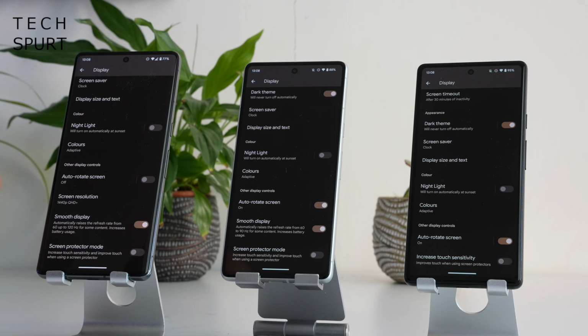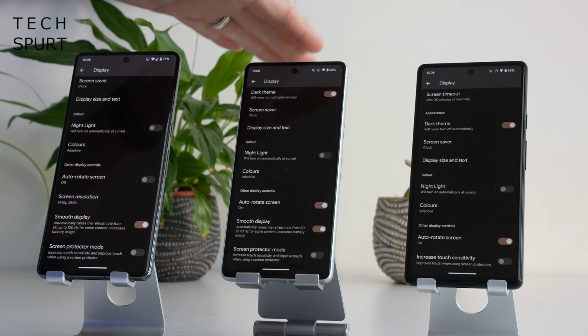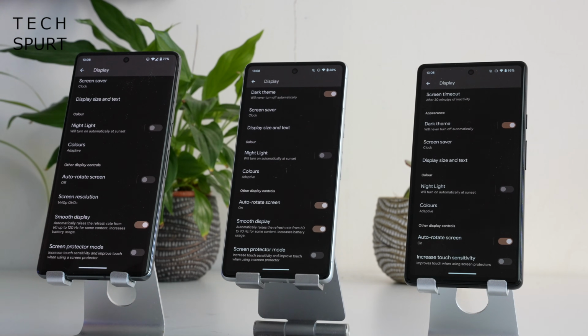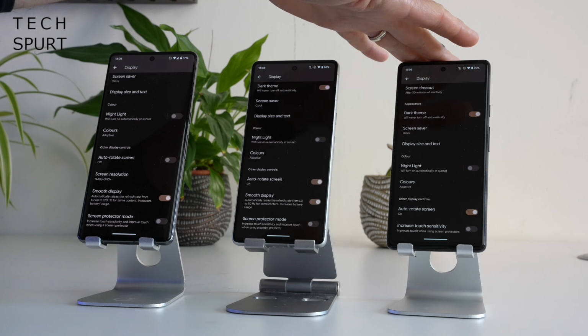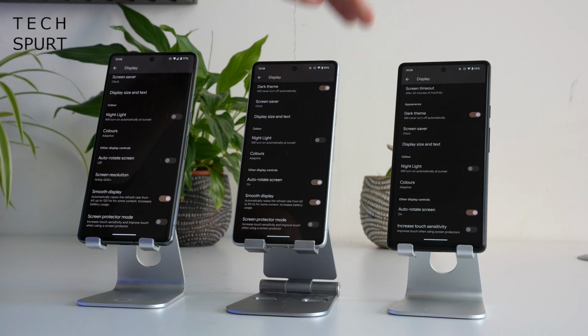This is to do with the refresh rate, which can be boosted all the way up to 120Hz here on the Pro model and 90Hz on the Pixel 7. To be honest, my old eyes can't really tell the difference between the two. They're both silky smooth. Unfortunately though, no smooth display option on the Pixel 6a, which does top off at 60Hz,